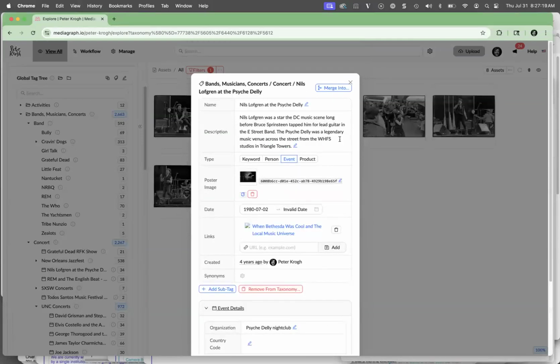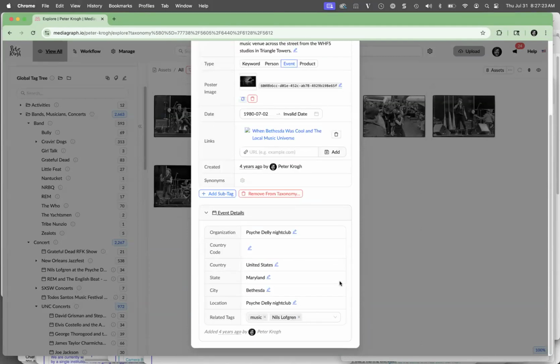And all of this information is standard IPTC information that can be embedded in the files. So simply dragging a file onto Nils Lofgren at the Psychedelic, right here, would apply all of this information